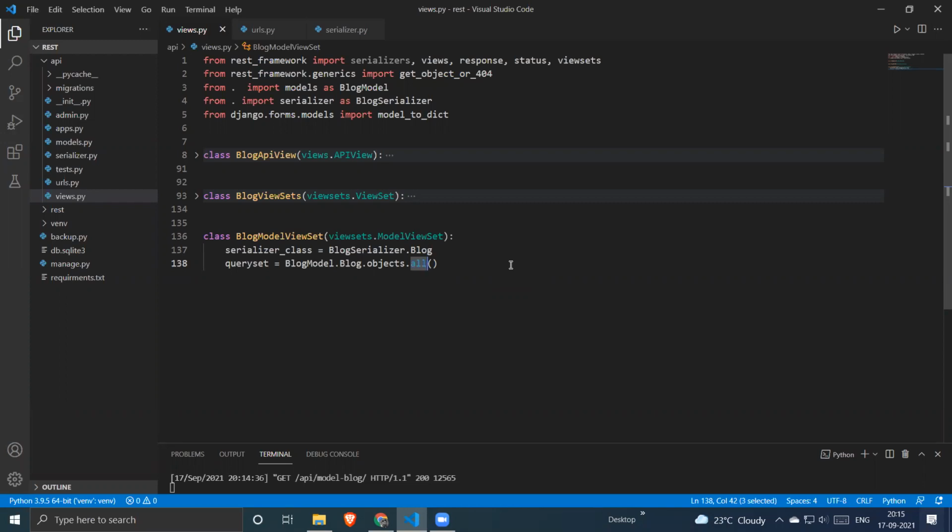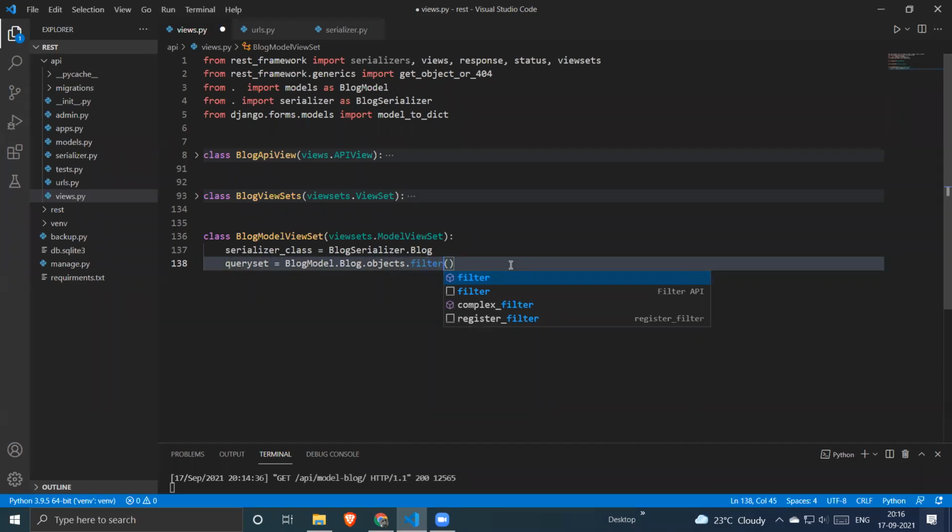What if I say you just have to import one package? That's it. Sir, is there a filter dot filter as well? I think the filter class is there in Django. Instead of all, we can use the filter method. But we don't have data to filter. And what if it is a POST request, or a PUT or PATCH request? We have to perform the filter only on GET operations. So there is a package called filters. Okay, so let's just import it.